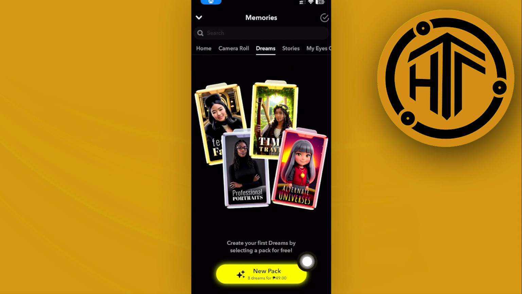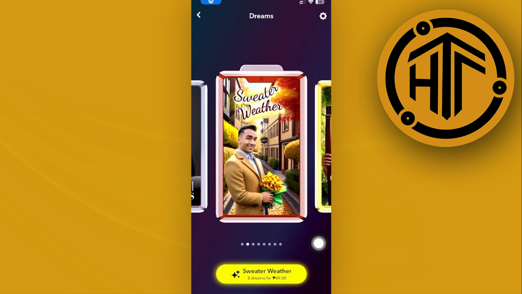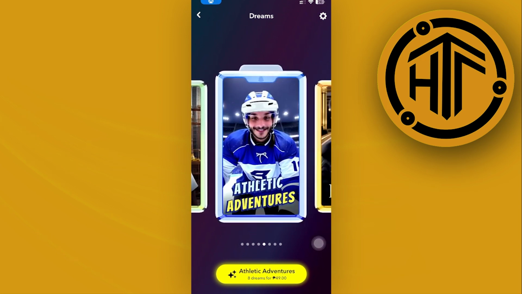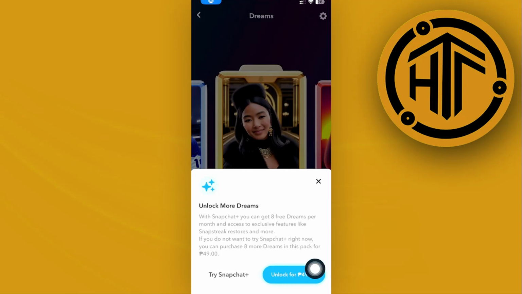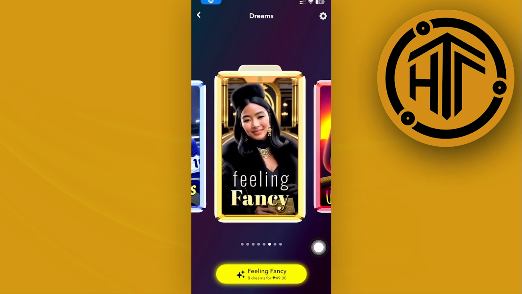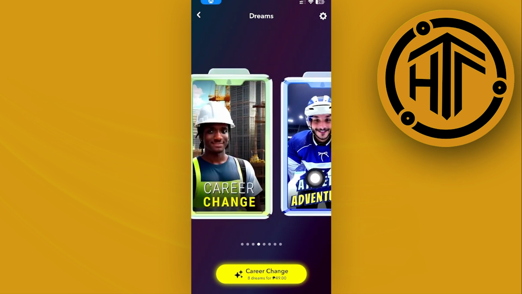So basically 8 dreams cost $1. We could proceed with doing this and avail this subscription so that we could use this feature. So in this case, you could try unlocking Snapchat Dreams for I think $1 at least. And then you could use all of the features related to Snapchat Dreams. This is going to be pretty easy guys, because once you have availed these specific features,